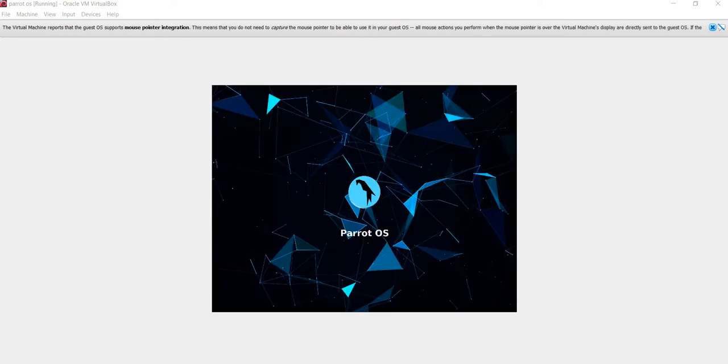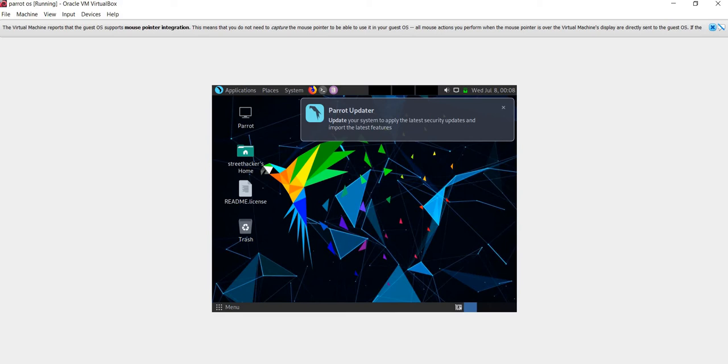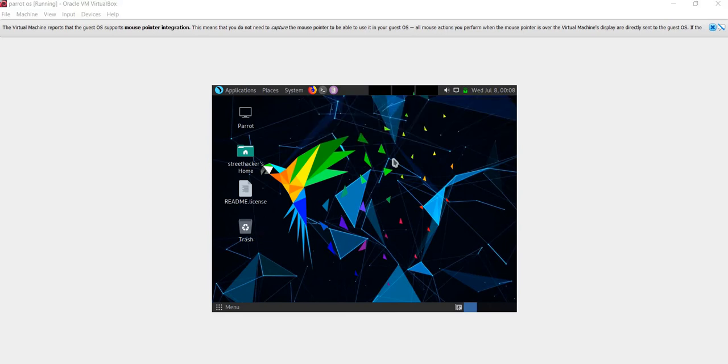You can see the Parrot OS. Now sign in with the previous username and password. So finally Parrot OS is installed.